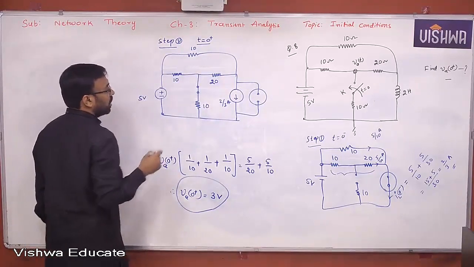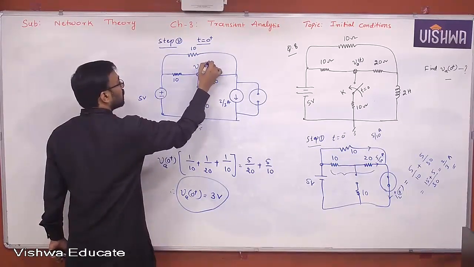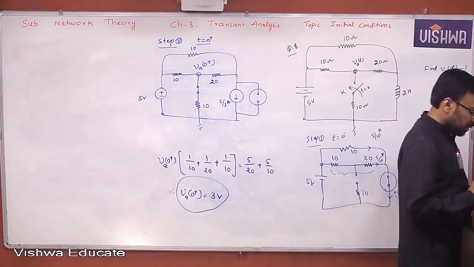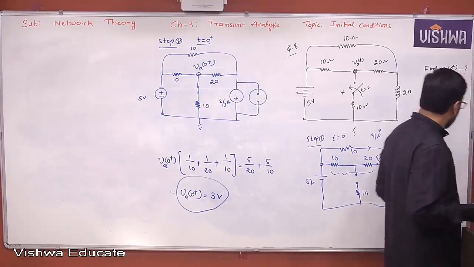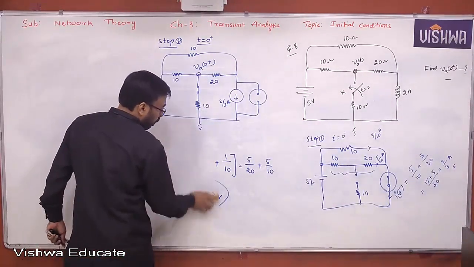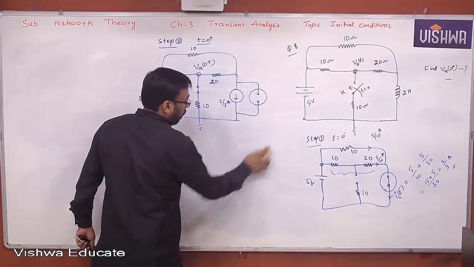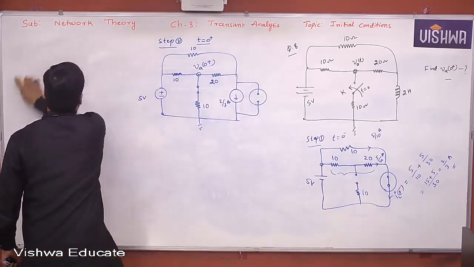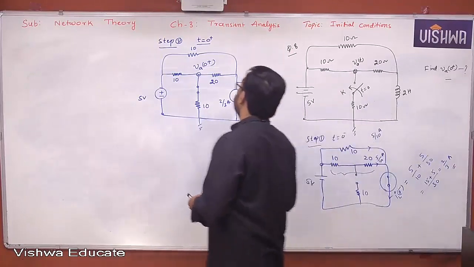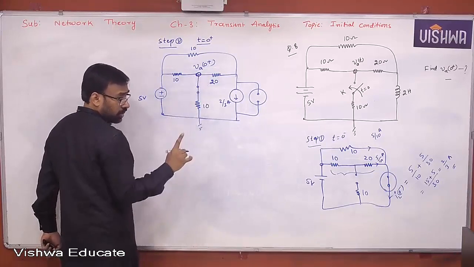So what is your objective here? To find the voltage at this node, that is VA of 0 plus. What is that? VA of 0 plus. Now, just look at this, all of you. How do you solve it? To find the voltage at this node,